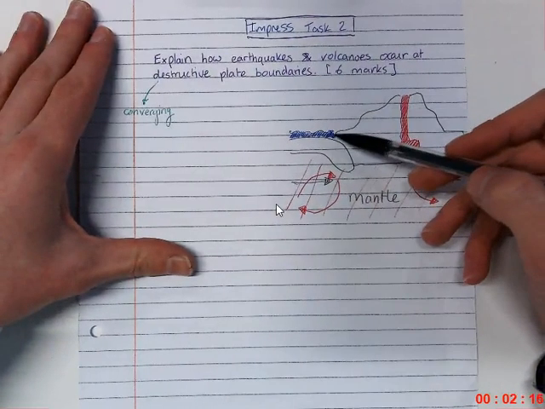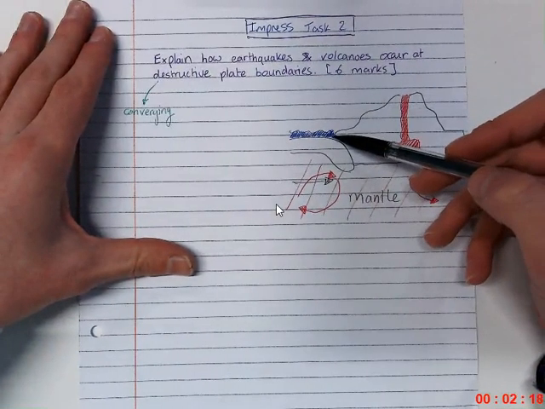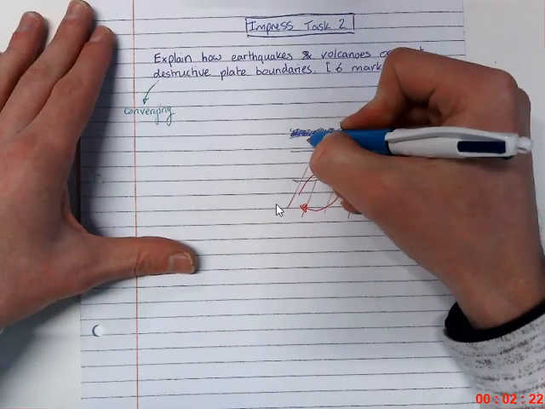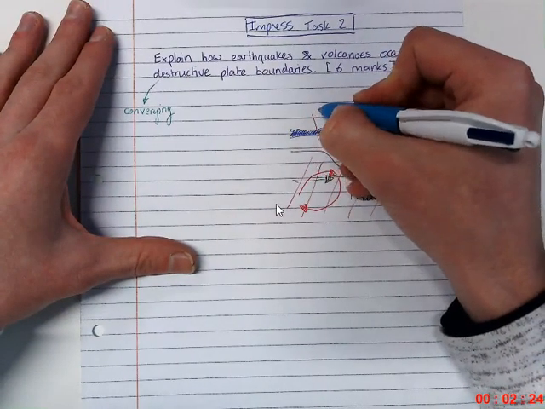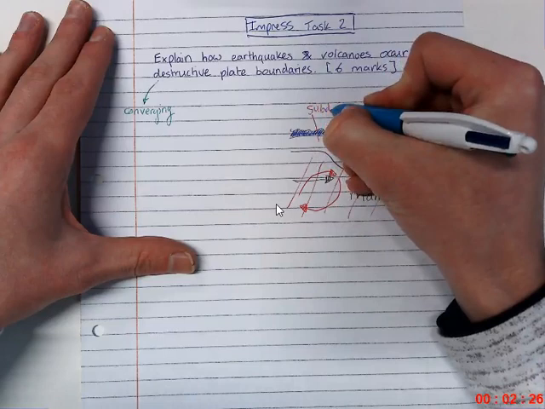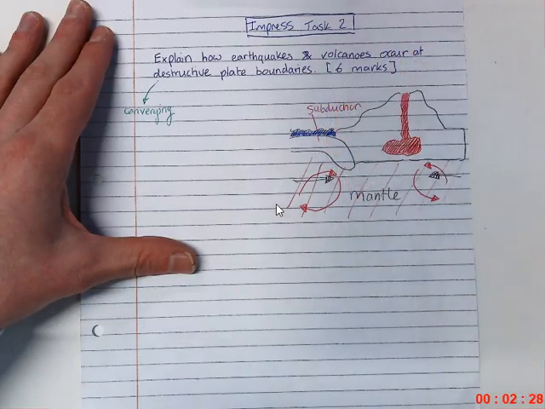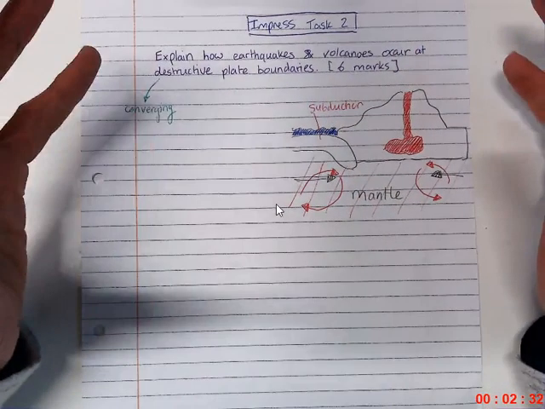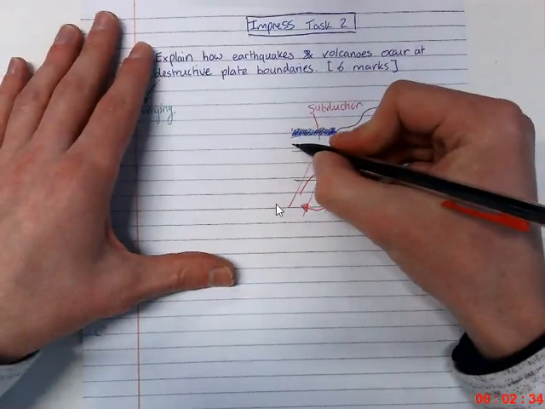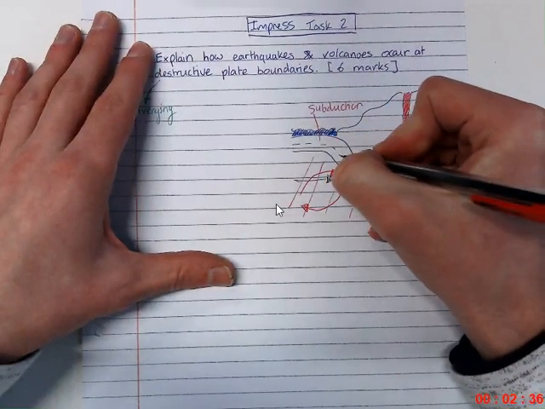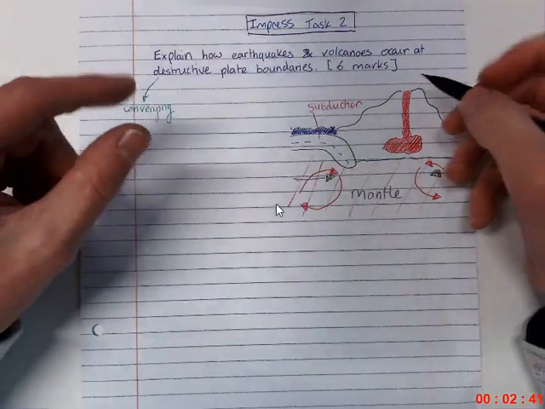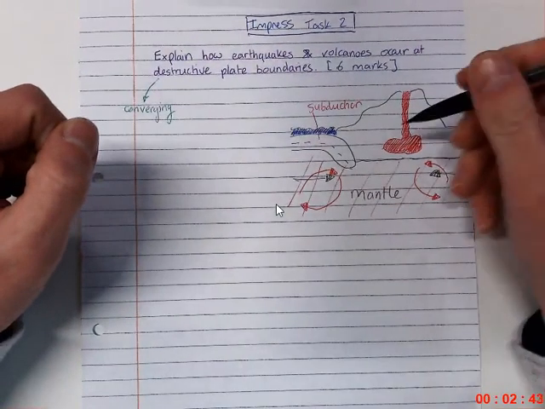A lot of you in your work in Impress Me Task 1 really did impress me, because you referred to the concept of oceanic plates and this concept of the term subduction, where a plate sinks beneath a lighter plate. So in this case, the plate that's covered with ocean is more heavy. It's going to subduct when it meets this continental plate, and that